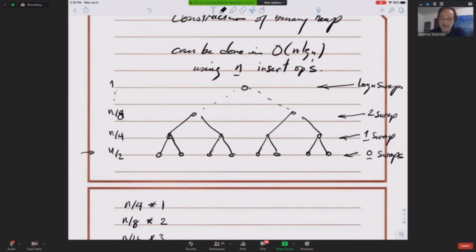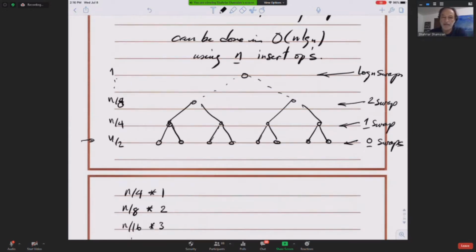Because at n over 4, you need to compare the key value of this element to the key value of the children. Let's say the key value over here is 20, and the key values of the children are 21 and 18. If it's supposed to be a max heap, you have to check the key values to see which of these child elements is higher. So you have to do two comparisons, the key value against the left child and the right child, see if any one of them has a higher key value, and then do a swap. But you only do one swap. You do two comparisons and